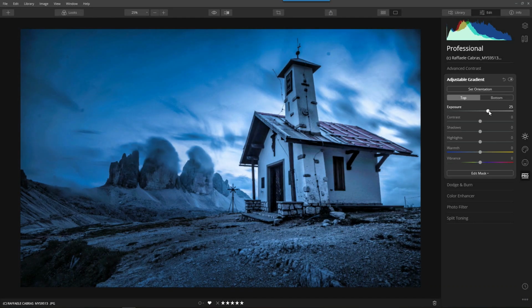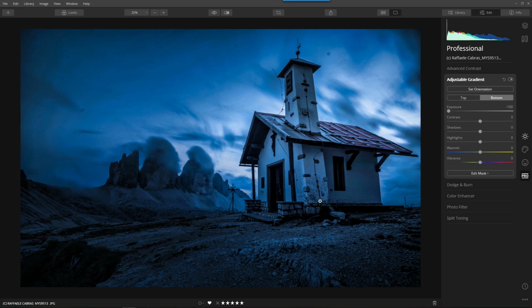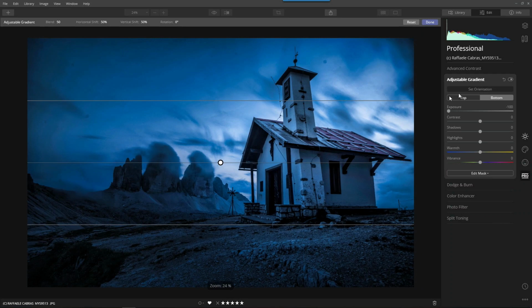Oh, I did the top half. Bottom half. There we go. So it's nice and dark, but I want to put it on an angle because up in the top left corner, that's where I'm going to put a moon. So if the moon is here, part of this is going to be lit, and I want to focus it onto the church. So let's set the orientation,